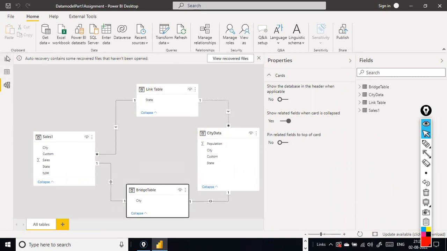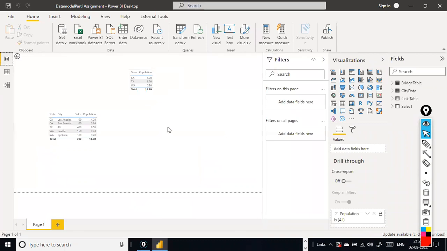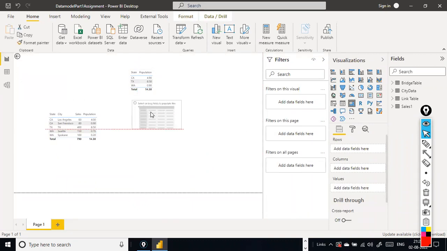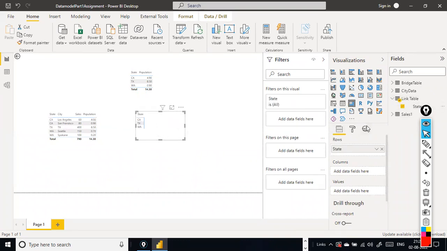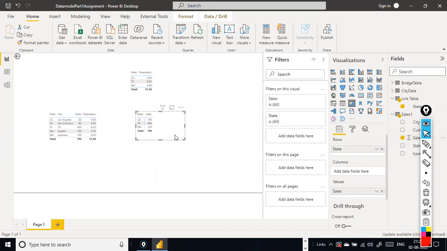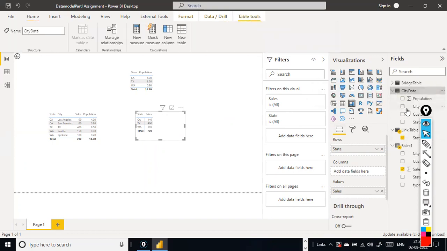One to many, one to many. Okay, and here I create a matrix. I go to the link table and simply drag and drop the state. And the sales one, if I drag and drop the sales, 140, 100 is coming here. And when I drag and drop the city here,